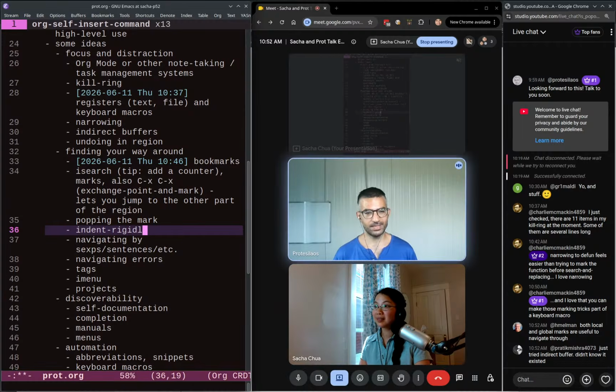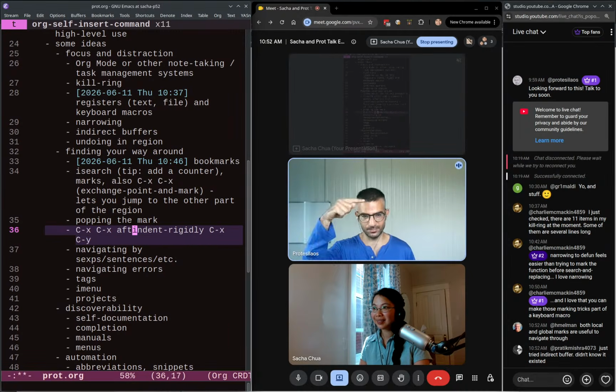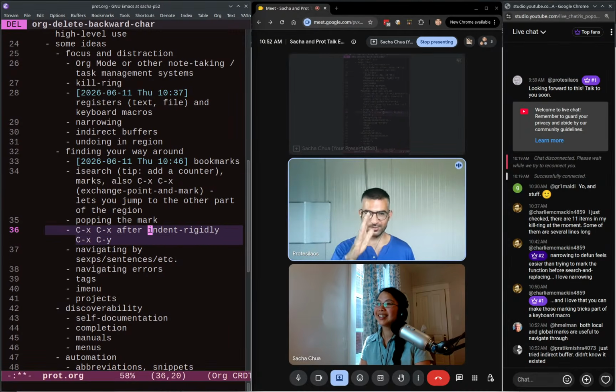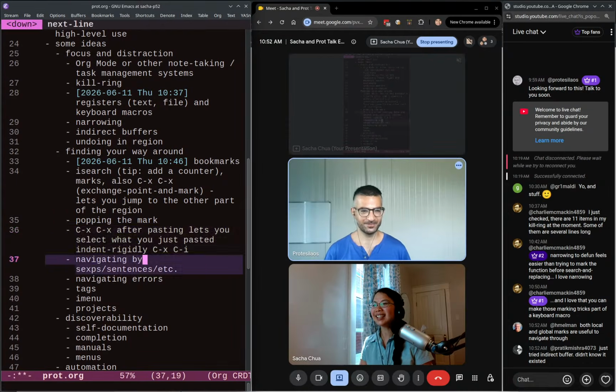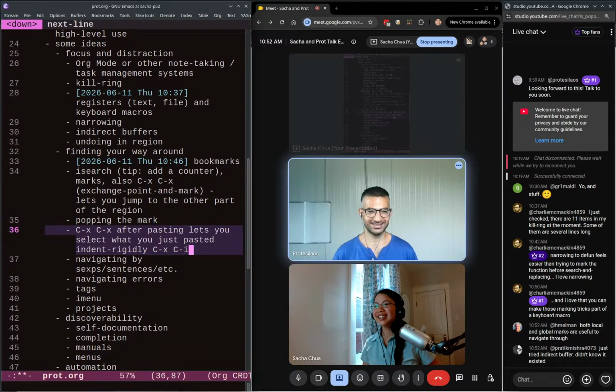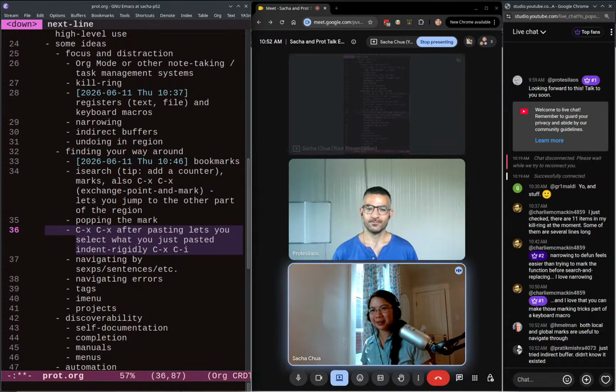Control X, Control Y by default, where you can now have a region of text, including an implicit region between mark and point, and you just shift it around, like literally left or right. Try it, it's very nice. Control X, Control I. Yes. And I think you can even use the arrow keys to move things, so you can just nudge